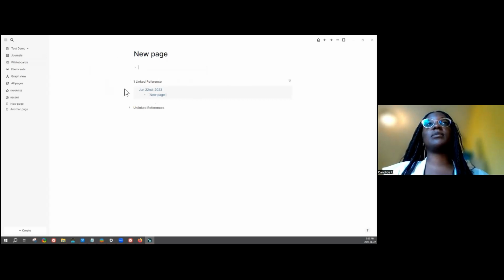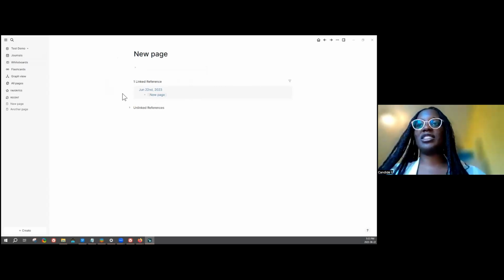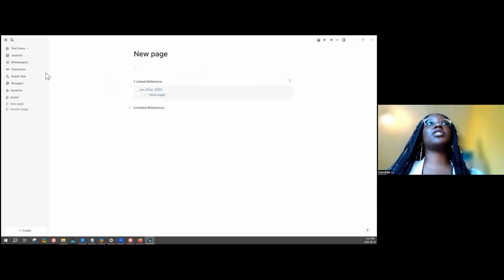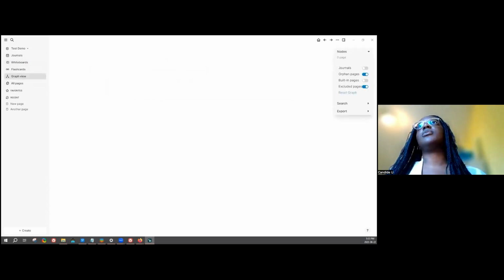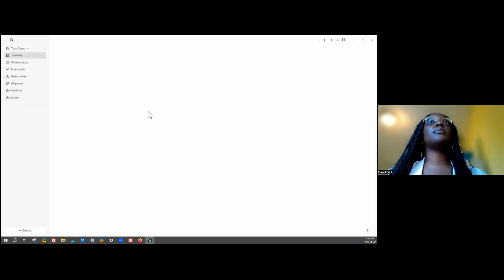Linked reference is basically Logseq's way of saying, hey, this other page mentioned you, and we want to create those links so that you can keep in touch with each other. The nice thing about these connections is that they are presented in the graph. You might have to enable some things on here to see them. But yeah, now you can see the new page. You might have to re-index to see all of them.